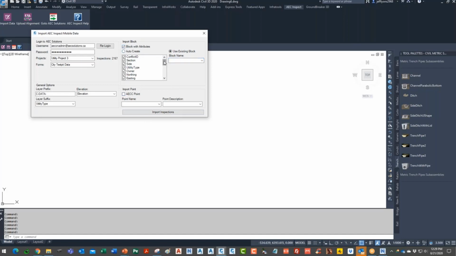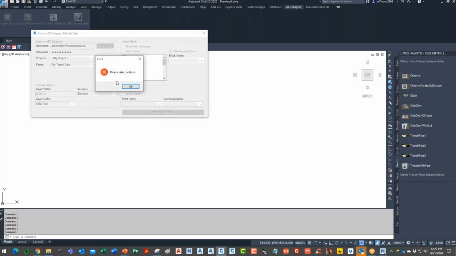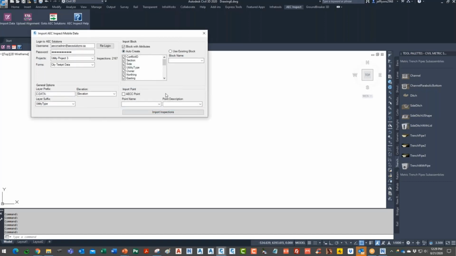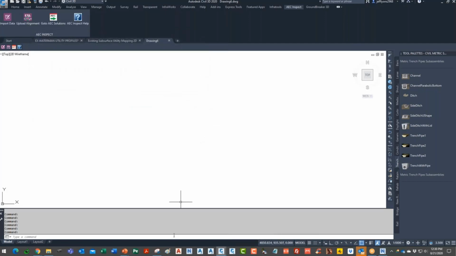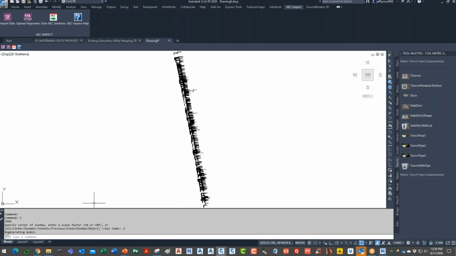And if I went ahead and created all these points, auto create, import. So this will literally bring in the 2,100 points in their geolocated survey spot with all of the attribute data. This is something you can do seconds after the guys are done the project. There's no files to mess with, nothing like that. So it's bringing it in right now, the 2,000 points, and there it is. If I close this down and zoom extents, there's a whole bunch of data with every single attribute,